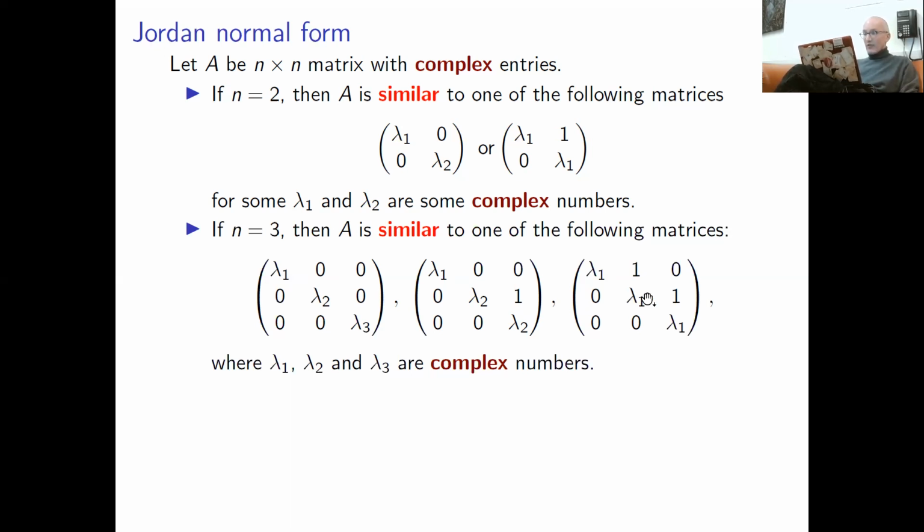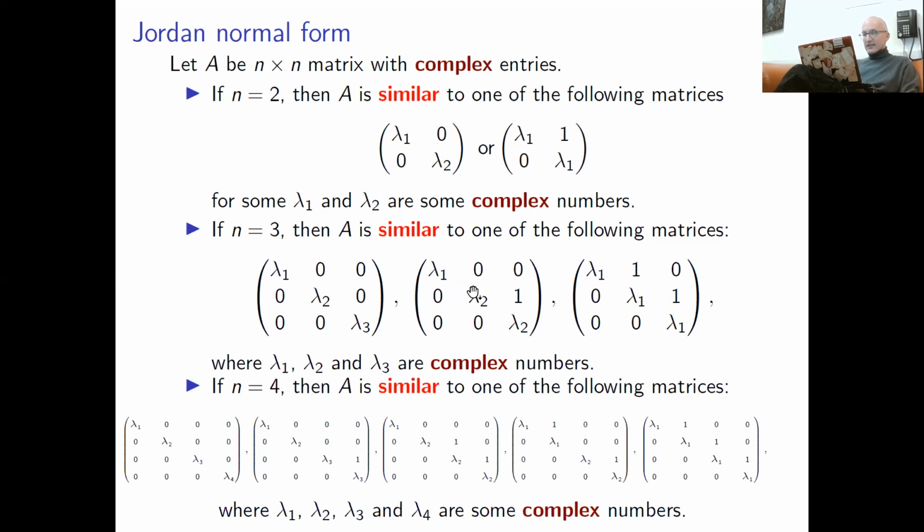And for 4 by 4, you have more cases, and these blocks, how you split your matrix, are usually called Jordan cells or something like that. It doesn't matter, but it basically shows you the simplest possible matrices that are similar to your matrix. The simplest possible, of course, is diagonal, but if you're unsuccessful in diagonalization, you can get something like this in the 4 by 4 case, something like this in 3 by 3, and something like this in 2 by 2.